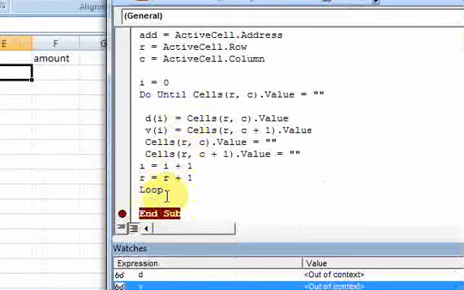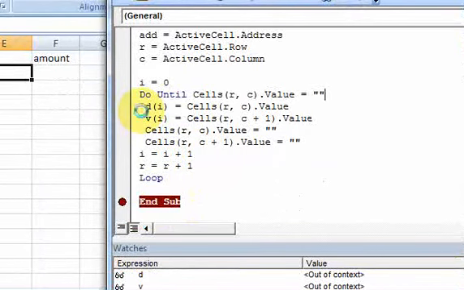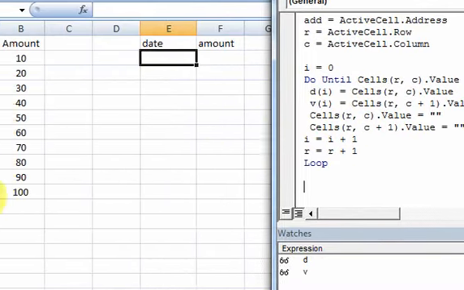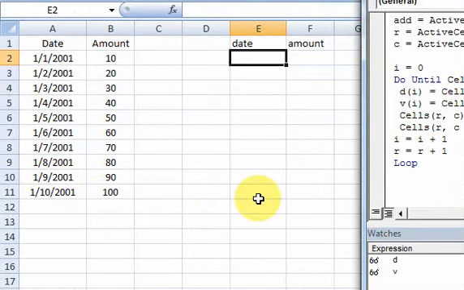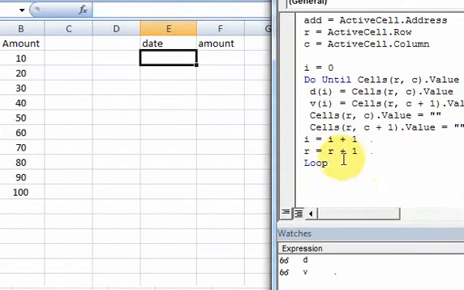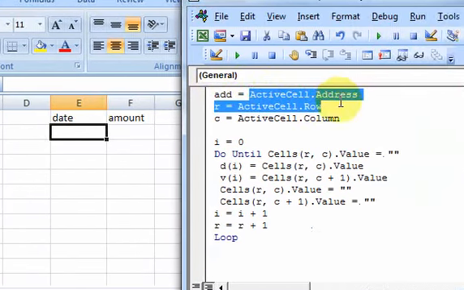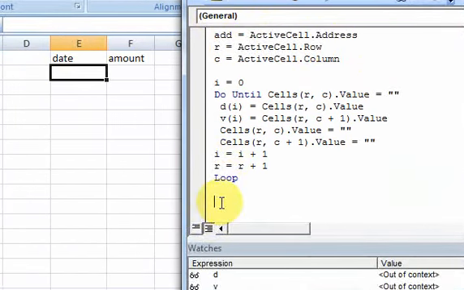We're almost done. Now all we have to do is generate that format that person emailed in and said, you know, I want the format to look like that. So notice that as we loop through, R is going to be like 11 down here. The ending row is going to be actually 12 because we do R plus 1. But what we want to do is then find that initial place where he or she pasted the value, which is that address. So this is why I did active cell address and I put it in that variable,